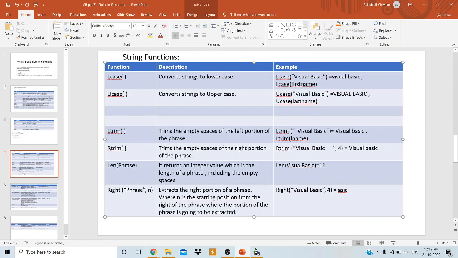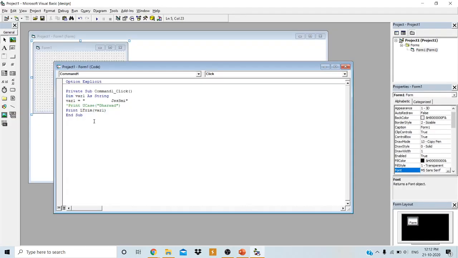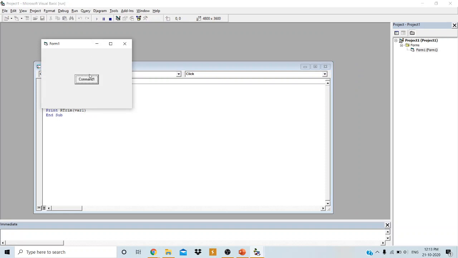Likewise we have RTrim, which is going to trim at the right side. See, LTrim we have not specified here, so the left side still has spaces, and RTrim is working here.